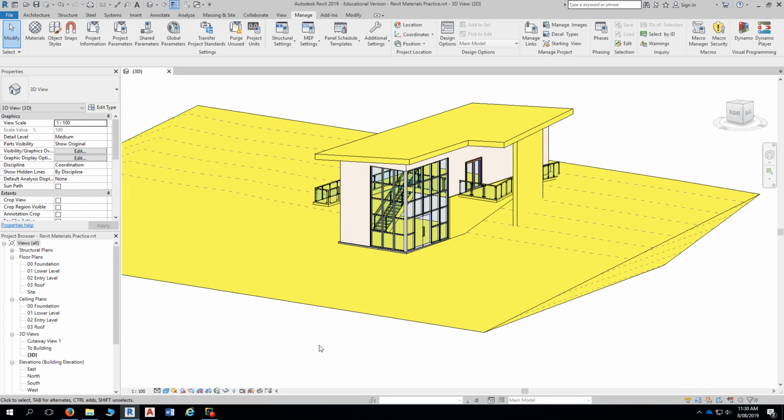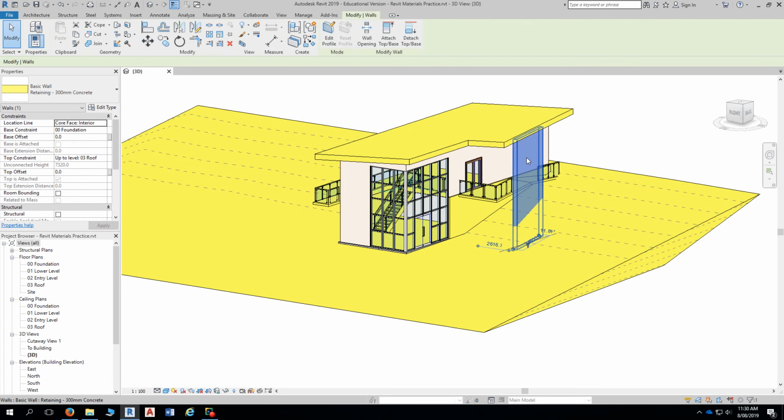Okay, category is the broadest type of material assignment. We then go down to type, which is more specific. So that's per type. And there is a third type of material assignment, which is by face. Having said that, if you have a material assigned to the category, which is yellow in this case, if you then select a type, so a type of wall, for instance, or it could even be the roof,